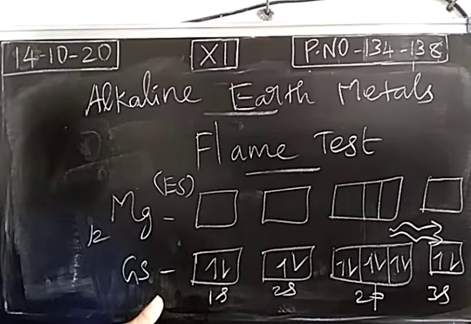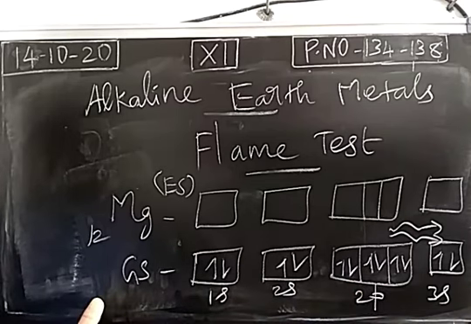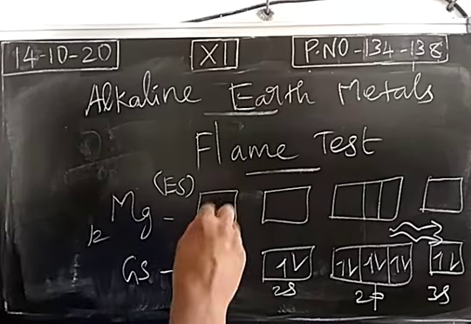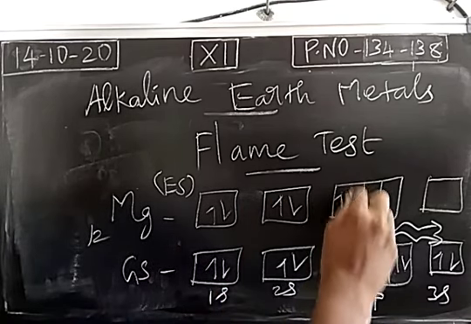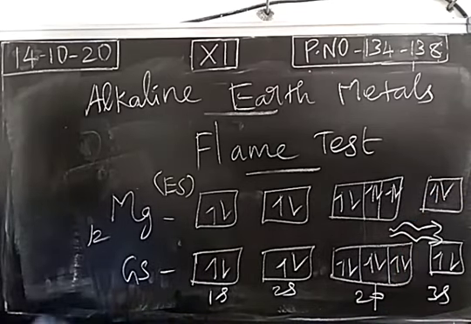When we heat a compound of alkaline earth metal, electrons in the lower energy level called the ground state jump into the higher energy level, the excited state. In the excited state, energy is more, so electrons cannot be present for a longer period in the excited state. So electrons in the excited state will again jump into the lower energy level by emitting radiation in the visible region, so that we get different colored flames like crimson red, apple green, brick red, and so on.